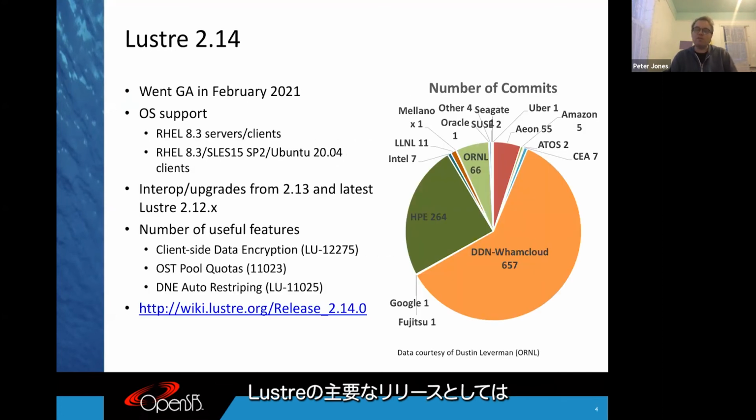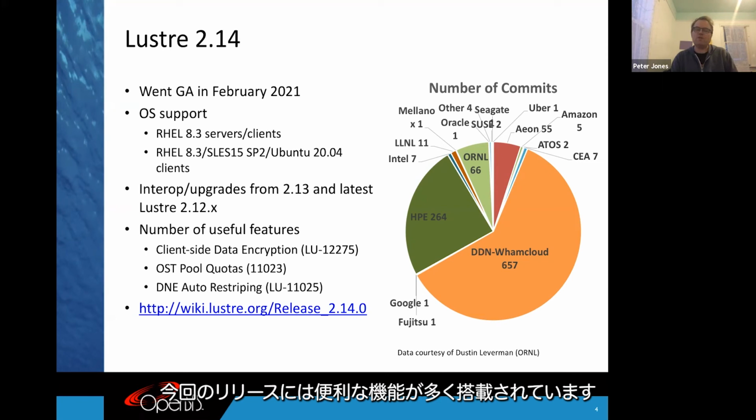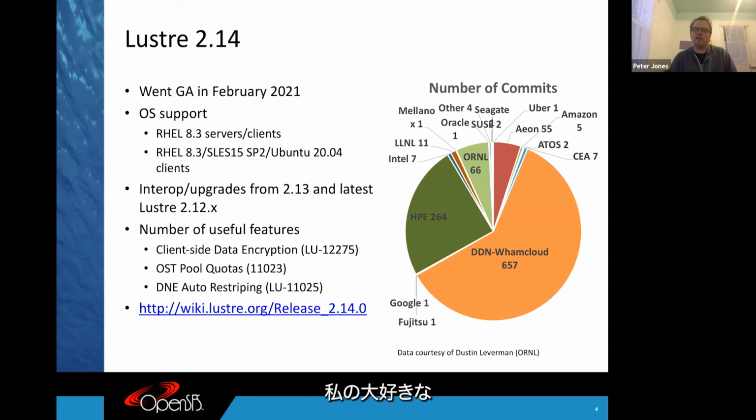So to talk about the major releases of Lustre, the 2.14 release went GA in February of this year. This release has a number of useful features, and my own personal favorite here is the client-side data encryption. This leverages the kernel's fscrypt capability to let users use their key to encrypt data, and